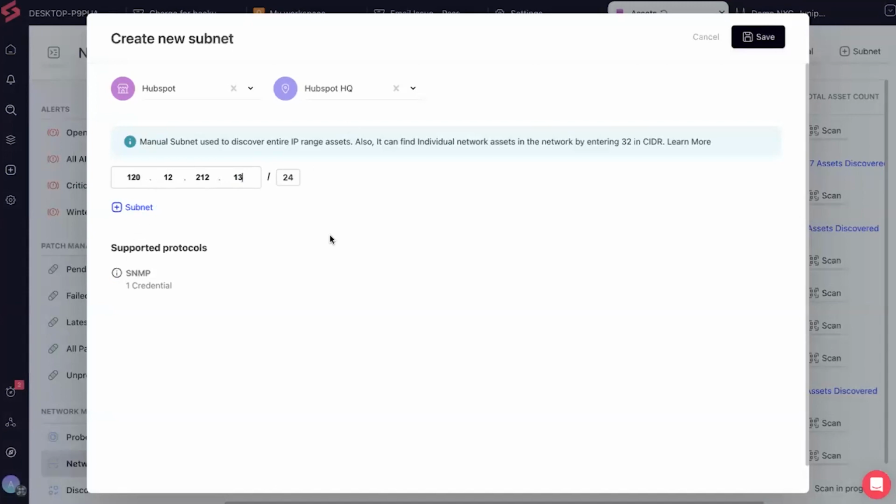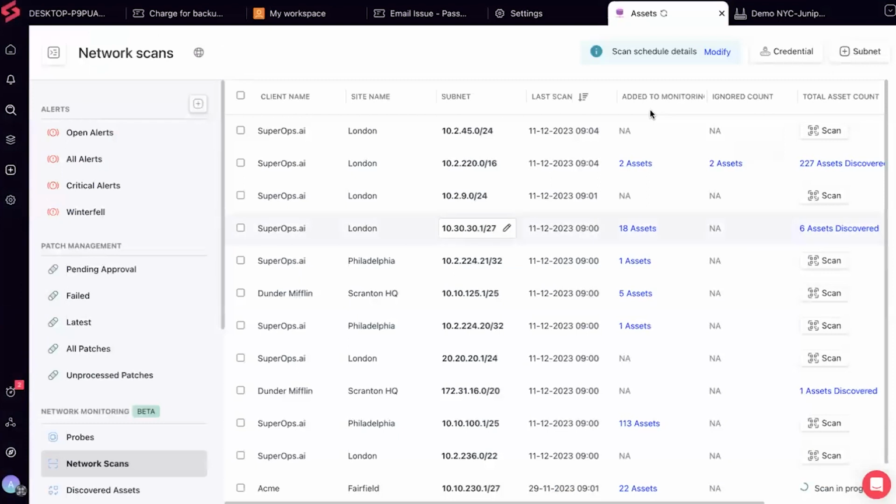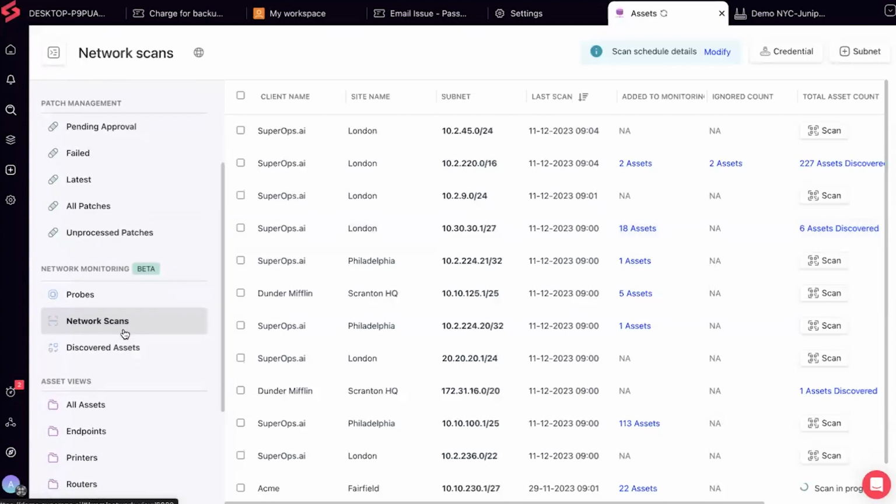You could actually add this subnet separately. This already has a probe, so the probe will automatically start searching for this subnet manually also. So we have two options: intelligently scan the subnet on which the probe is present, the local private one, or you can manually add another subnet and use the probe of that particular site to scan and start monitoring those